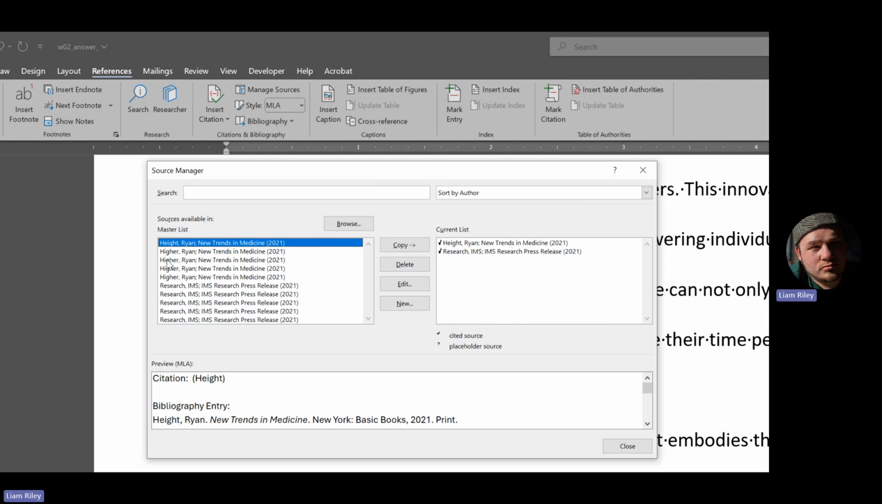So the instructions then go on at the end to let you know that his last name isn't Ryan Height. His last name is actually Higher. So we need to edit it. When we open up this dialog box,